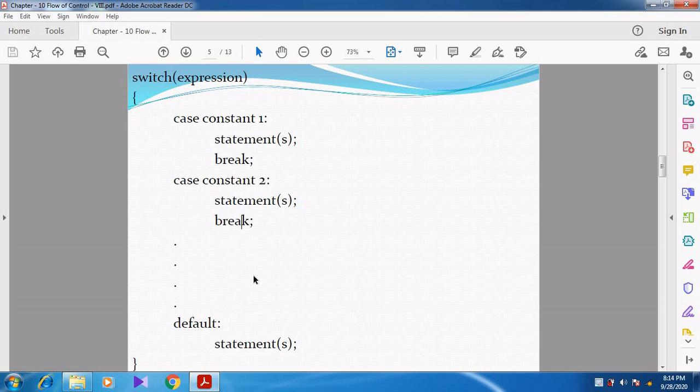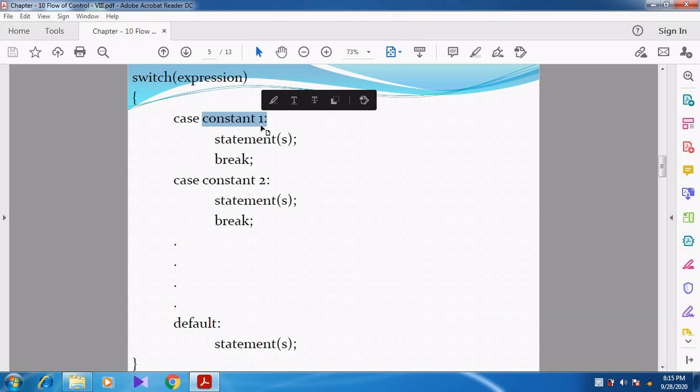Here you see the expression is evaluated. After evaluating the expression, the value is compared with each and every case value. If any case value is matched, for example, the expression returns the value 2, now the value 2 is compared with constant 1.